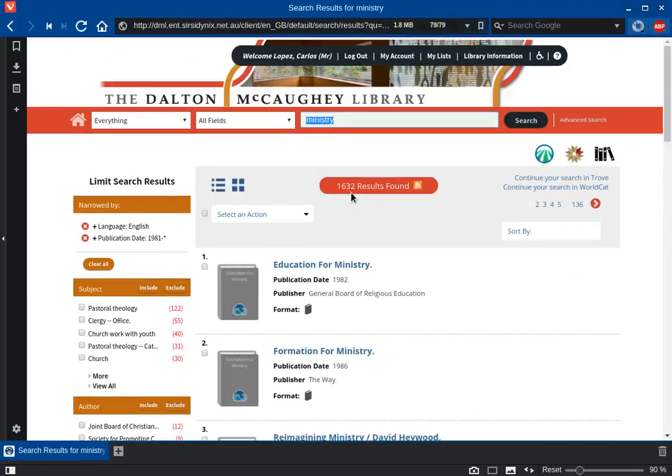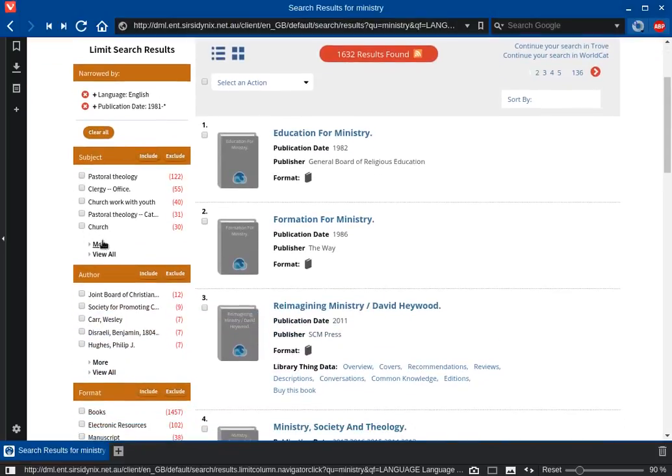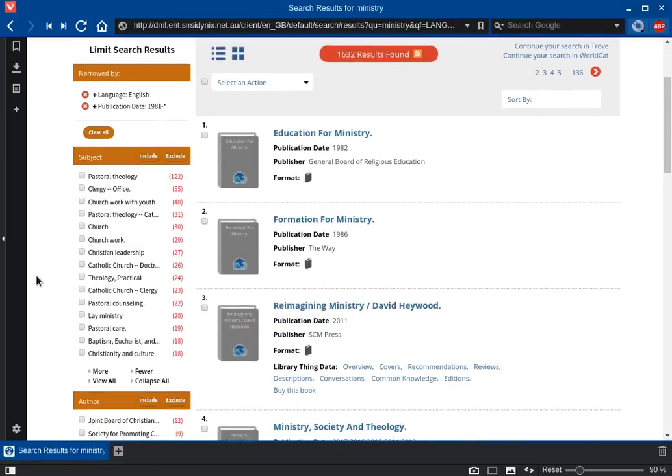There we are. Let's cut it down even further. We can have a look at the subjects included. I'll just click on more here to have a look at more of them. These are arranged by the number of items attached to each of the subject headings. These are Library of Congress subject headings, by the way. Unfortunately, we can't sort them alphabetically,